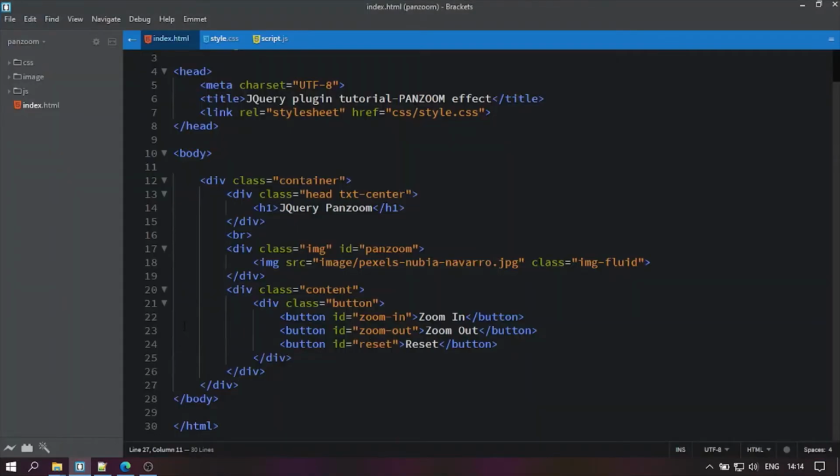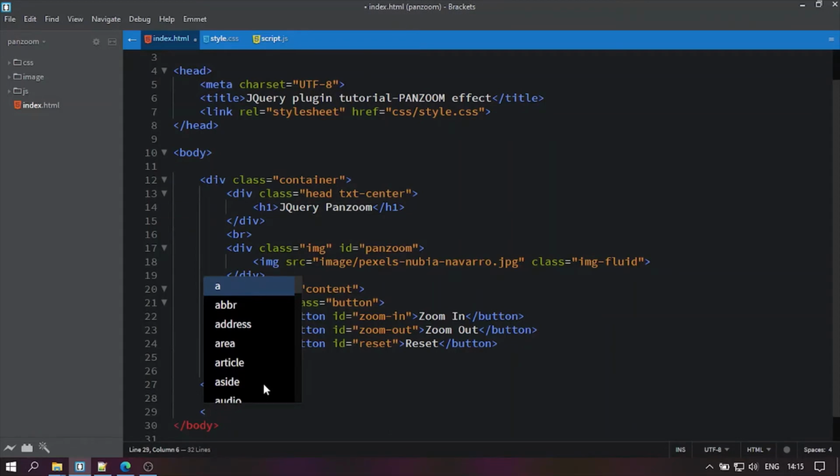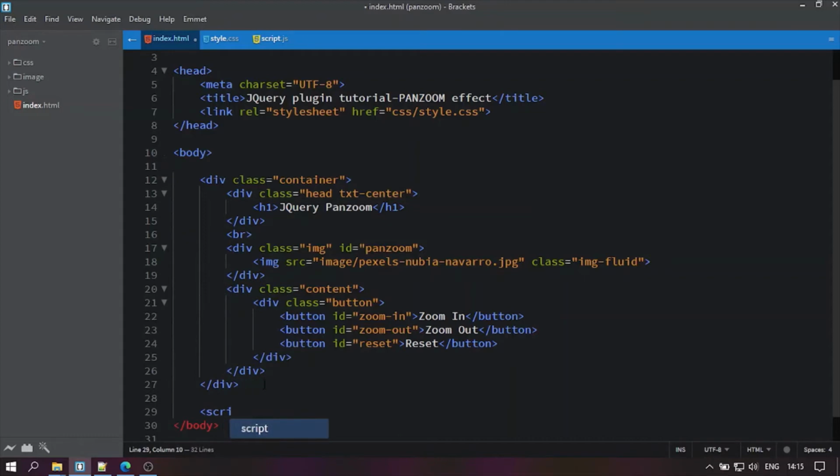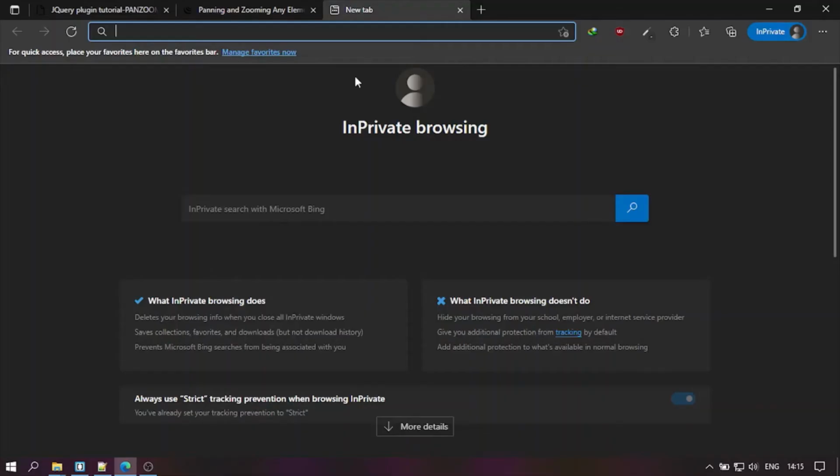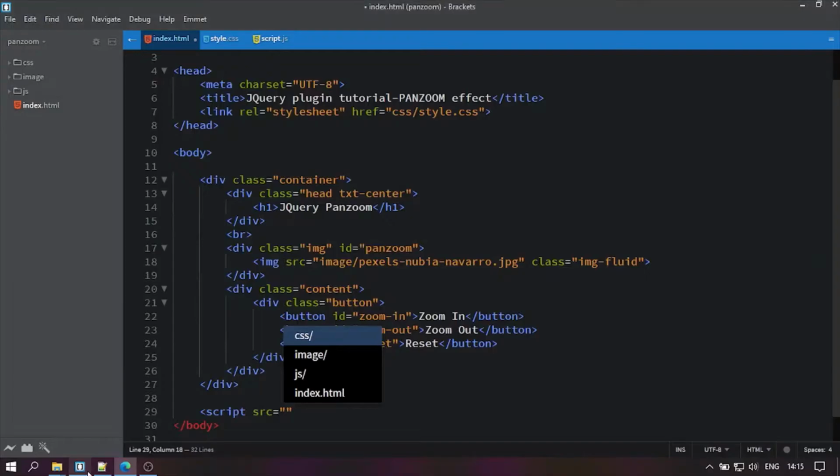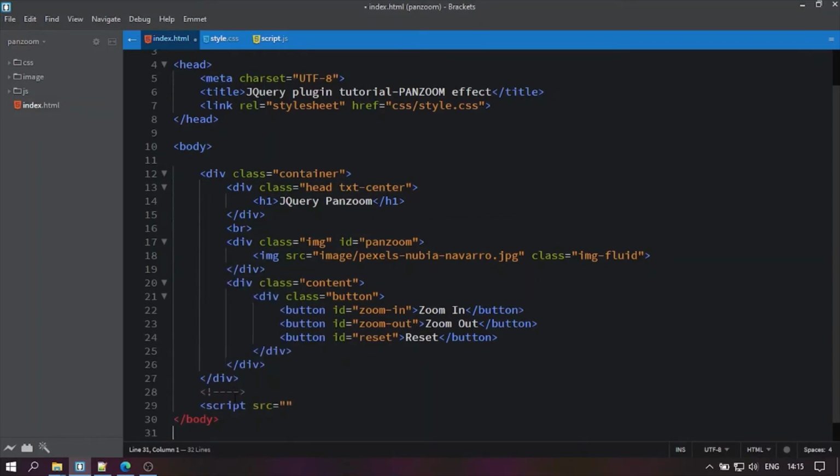So go to your main index.html page. Just above the closing body tag, we need to embed some scripts. First of all, we need to embed the jQuery library. You can embed the jQuery library in two ways. The first way is with a CDN.